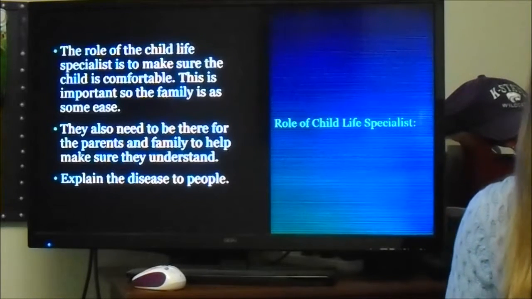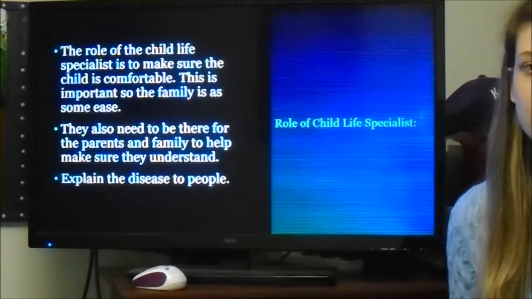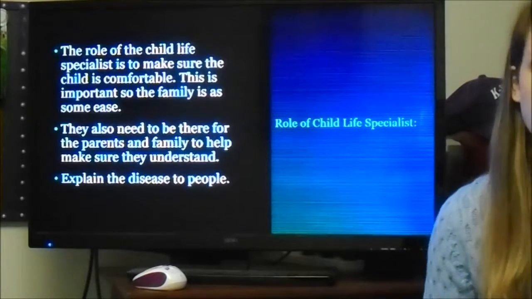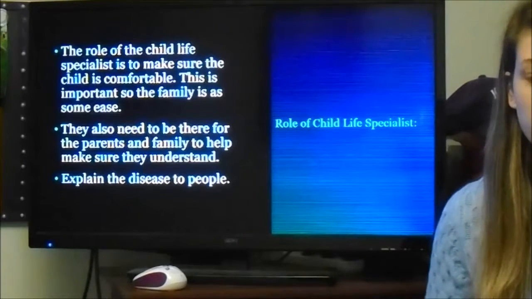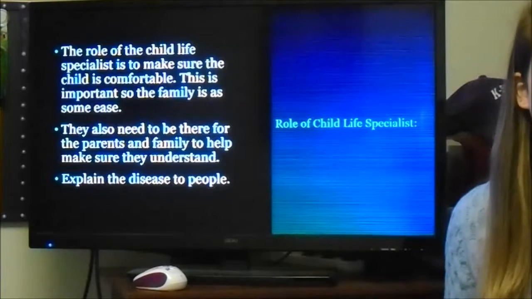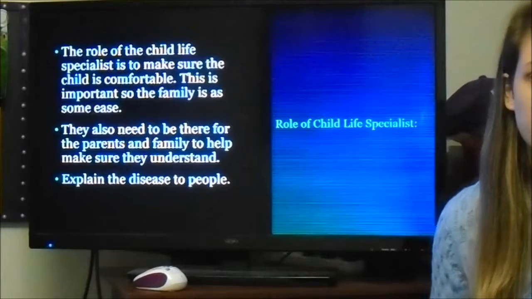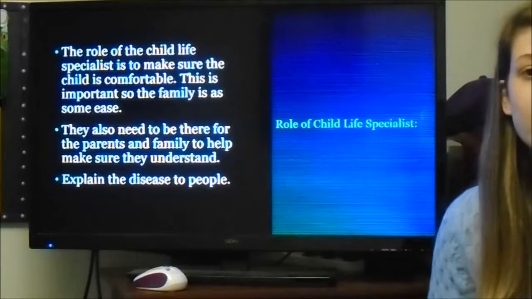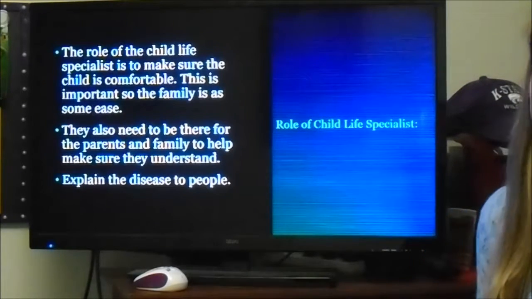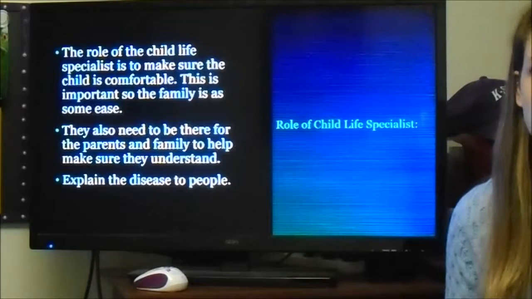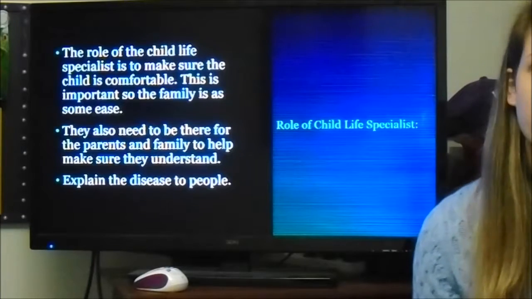Another way a child life specialist can be there is to explain the disease using visual aids. This can be used from stuff that's within the hospital, but it's very important that the child life specialist is there to help the family feel more comfortable. She can do this by watching the child so the parents can go out and do something instead of staying in the hospital. A child life specialist can also help them make decisions and inform them about different decisions, and then they can also make arrangements. This could be like talking to a funeral director so that it can make them feel more comfortable. That can also get the child involved with that.